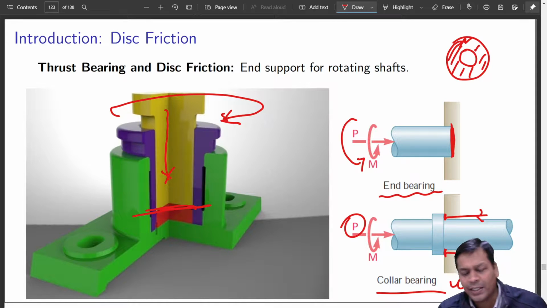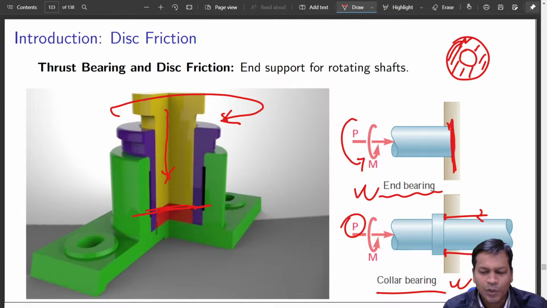End bearing is there in the case of an IC engine also, sometimes to take up any axial jerks. Mostly in the case of propellers. If it is the IC engine of a ship, the IC engine itself pushes the whole of the ship. So you have to have a crankshaft that ends with a thrust bearing over here. So that padding is there always. If it gets worn out, you have to change that. These are some important types of bearing. Maybe in your numerical, you may be given this term directly and you are expected to know that beforehand. So this is why I introduced you to this.